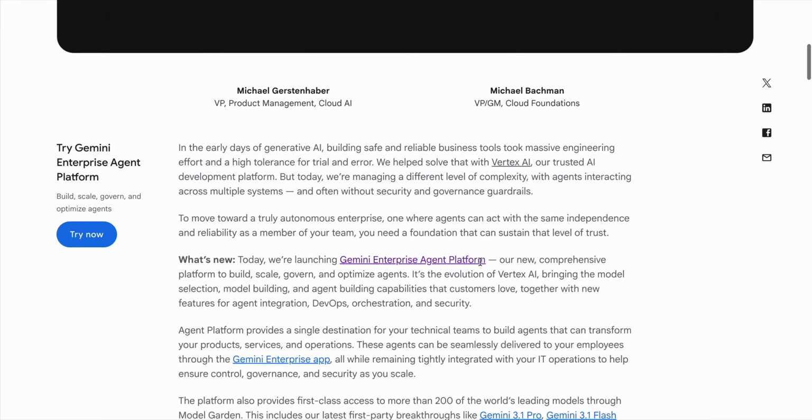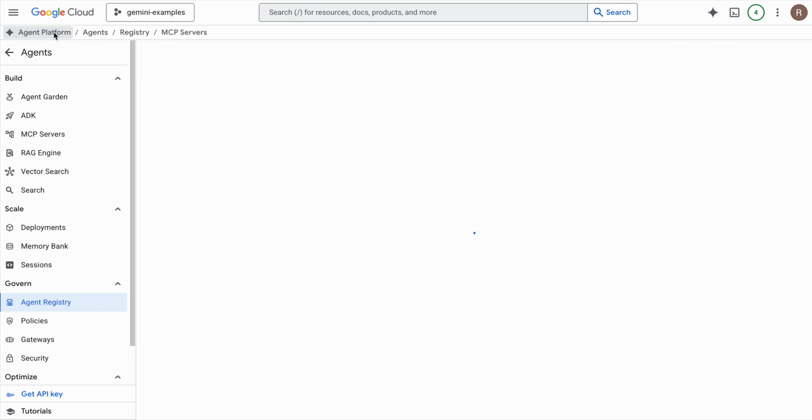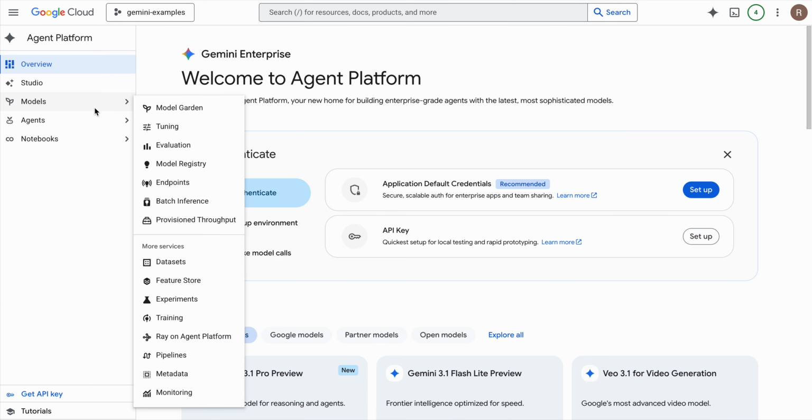Right. So the Gemini Enterprise Agent Platform is Google's new comprehensive platform to build, scale, govern, and optimize agents. And the platform is also designed or categorized against these four top categories, right? So there is no Vertex AI right now. Everything is Gemini Enterprise Agent Platform. If you go to Agent Platform, we'll see now we have